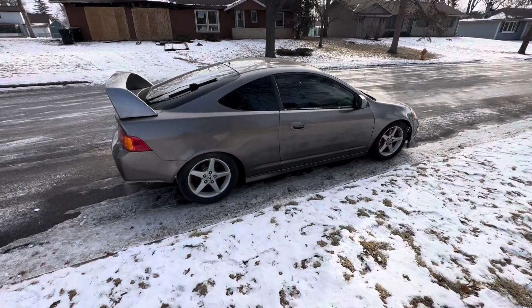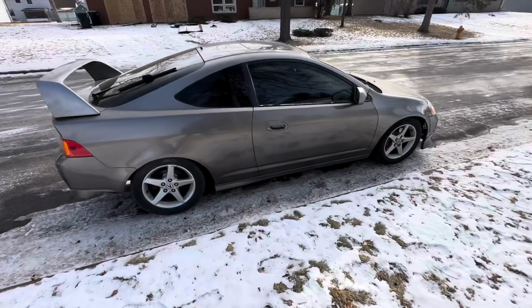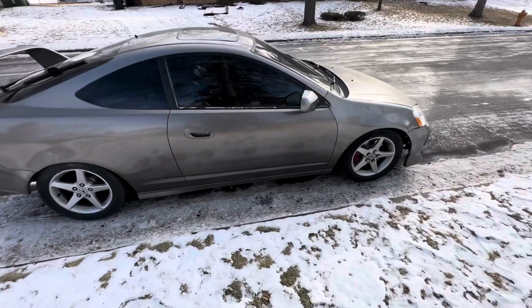What's up, guys? So this is my new pickup I just picked up. This is a 02